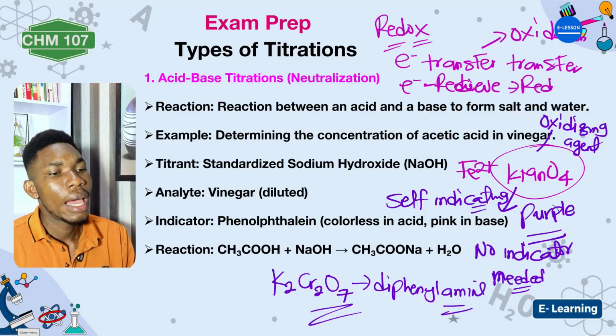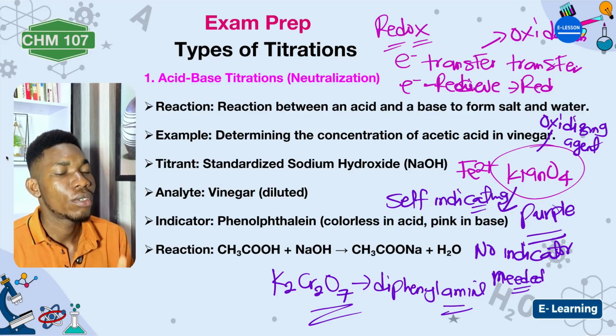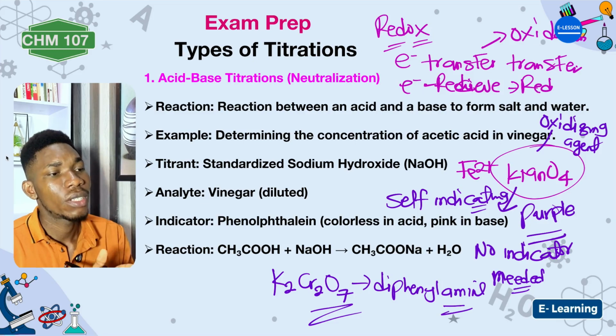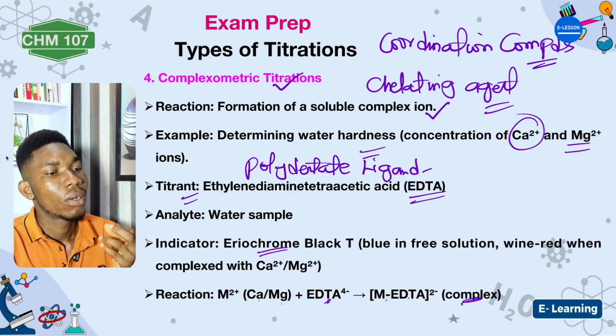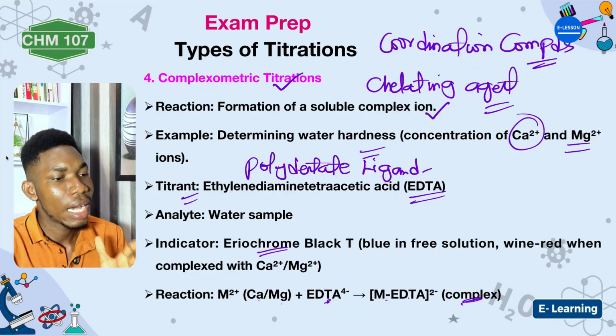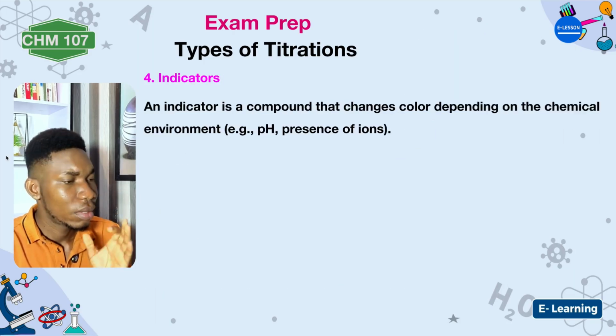Then determination of iron, right? Iron is what? Redox titration. Using potassium permanganate, redox titration. Then, of course, we have our acid-base titration. So basically, what are the types of titration I've listed? Acid-base titration, redox titration, then precipitation titration, and what? Complexometric titration. These are the various types of titration you should take cognizance of. Now, the next thing we are going to